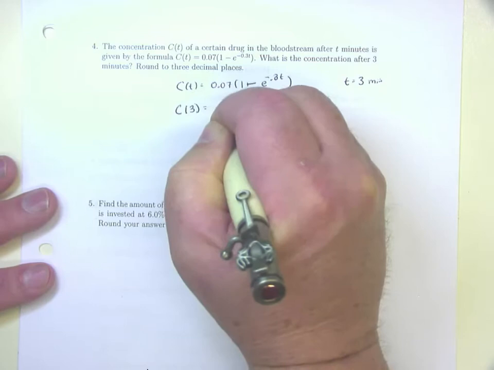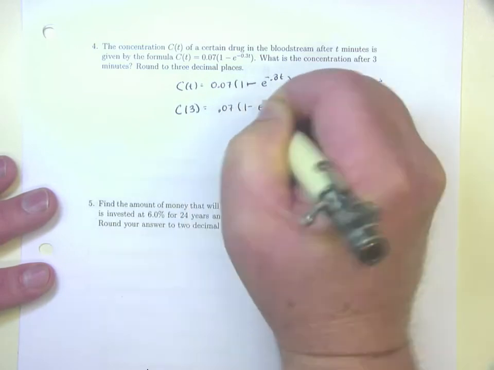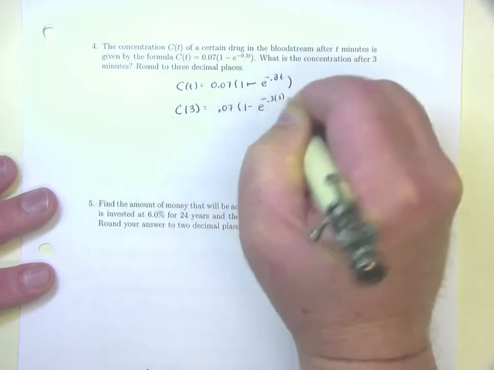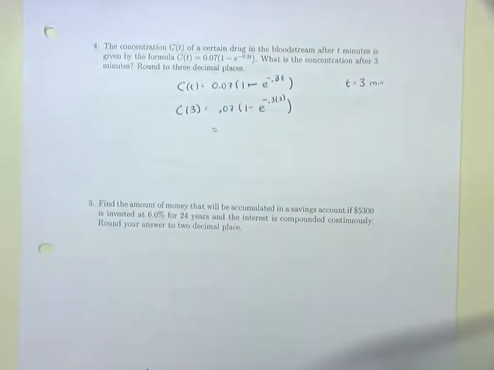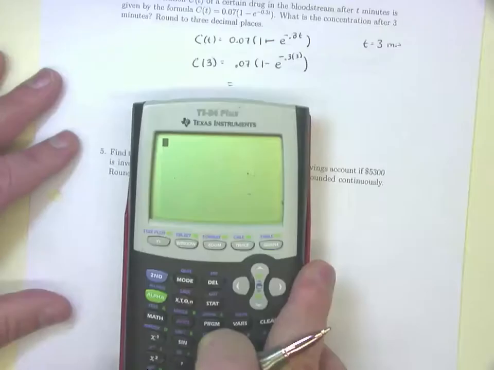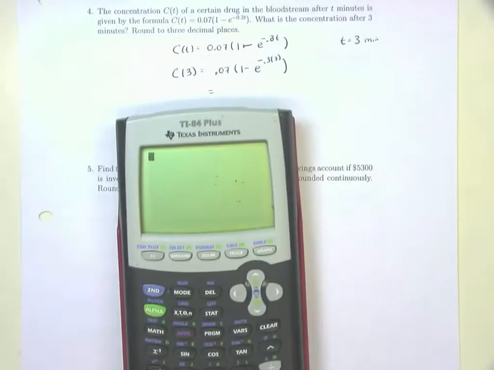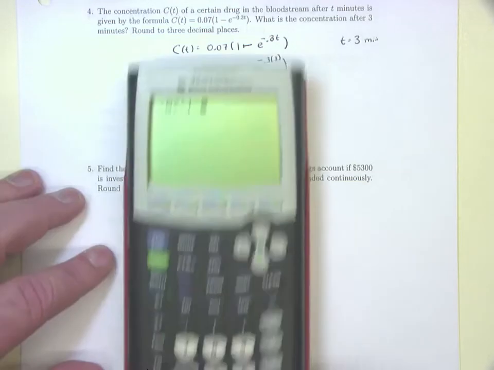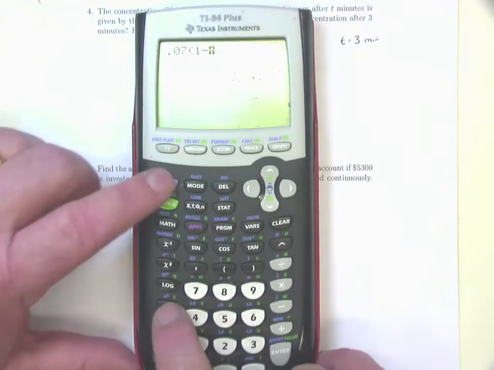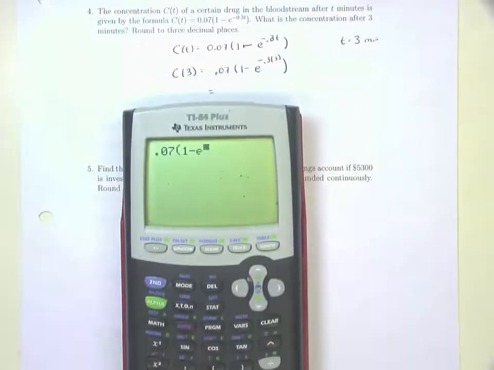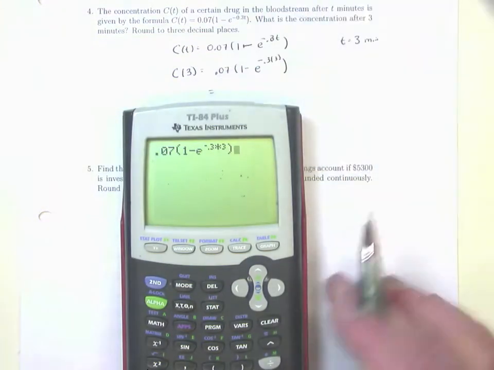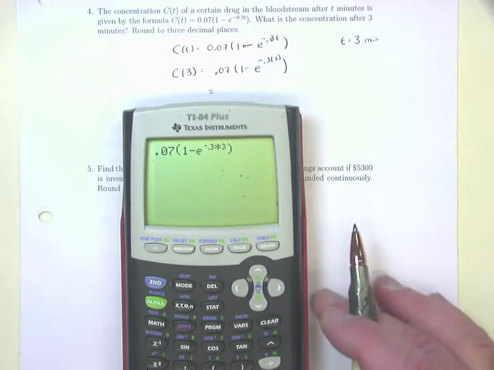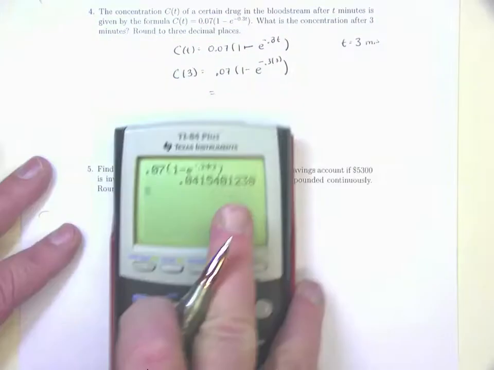That would be 0.07 times (1 minus e to the negative 0.3 times 3). And so the only way you're going to screw this problem up is if you put it in your calculator poorly. So let's see here. I'll plug in my calculator. This would be 0.07 times parentheses 1 minus the e button, which is located right above the ln, natural log button, second e raised to the negative 0.3 times 3. And then I arrow over, close parentheses, and I make it look exactly the way it looks on the form, again using our e button here, and I end up getting the answer of